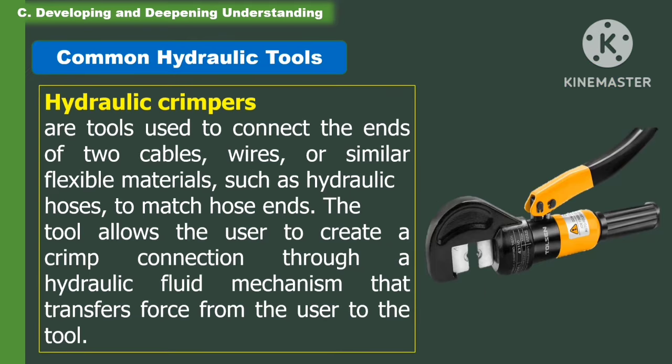Another example of hydraulic tools is the hydraulic crimper. These are tools used to connect the ends of two cables, wires, or similar flexible materials such as hydraulic hoses to make hose ends. The tools allow users to create a crimp connection through a hydraulic fluid mechanism that transfers force from the user to the